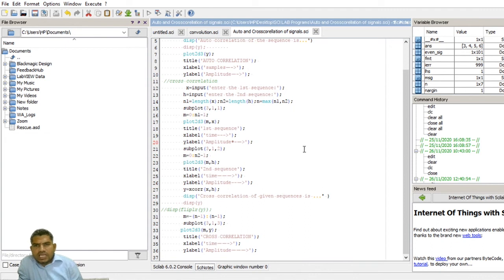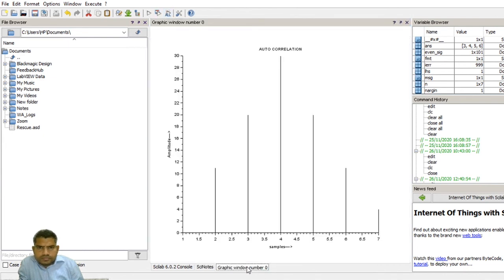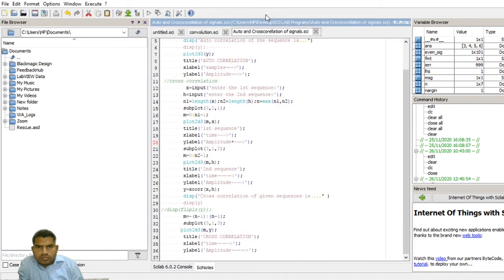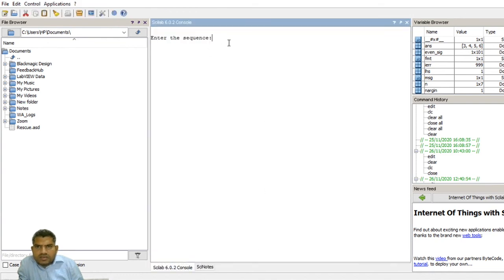Next, for cross correlation, save and execute the program. Enter the sequence 1 comma 2 comma 2 comma 1.